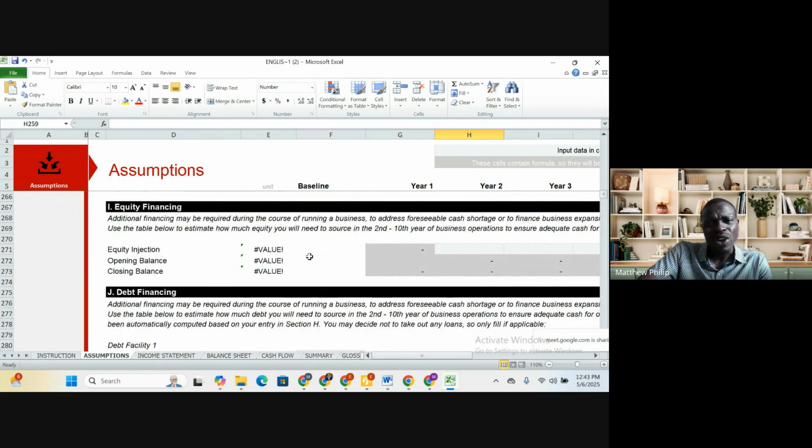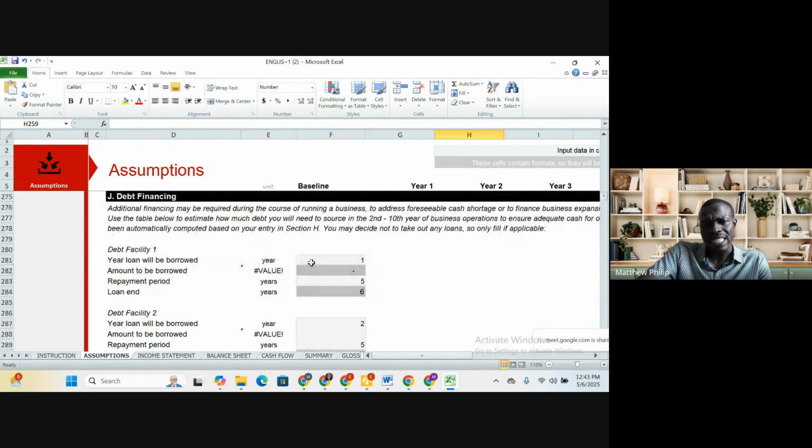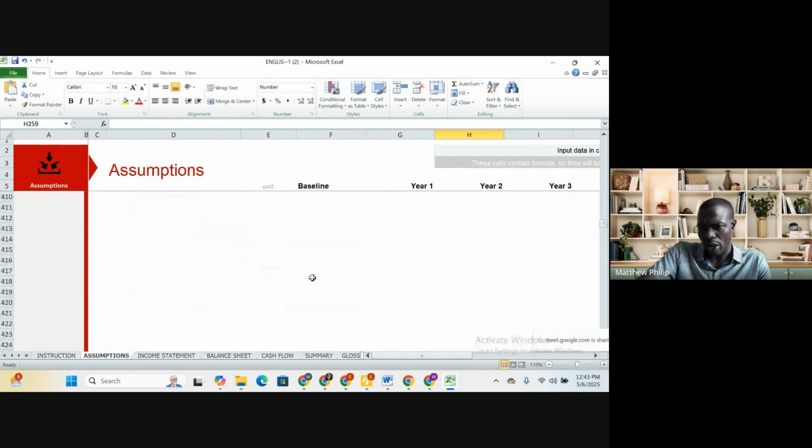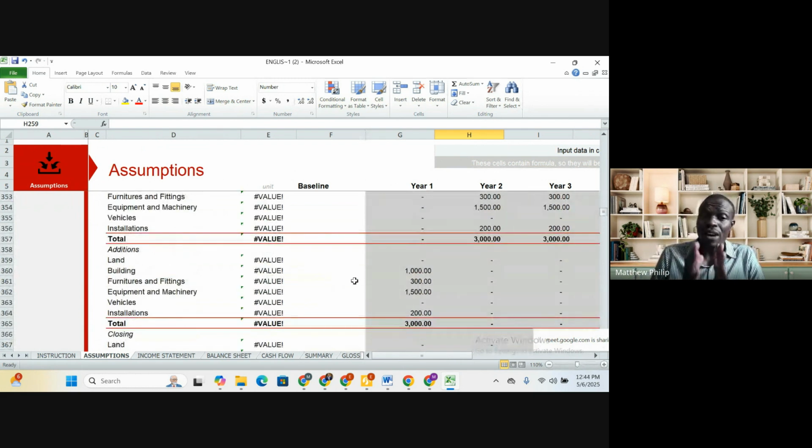So you don't have any other business again. You are done with this template. You have done preparing your financial template. Every other information will auto update itself. Okay. Now, once you have done populating the assumption tab,